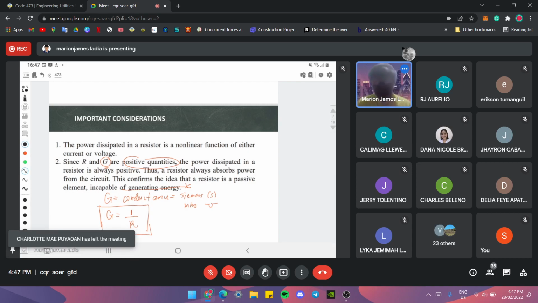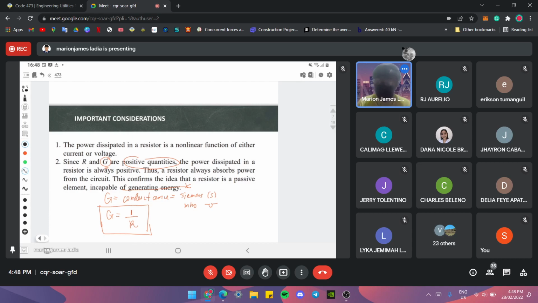Okay. Of course, since R and G are positive quantities, the power dissipated in a resistor is always positive. Okay, it is always positive. As I have said last meeting, ang resistor natin, siya lang yung tagatanggap. So he would only absorb power, but it would never generate or give energy to the circuit. Okay? Also,